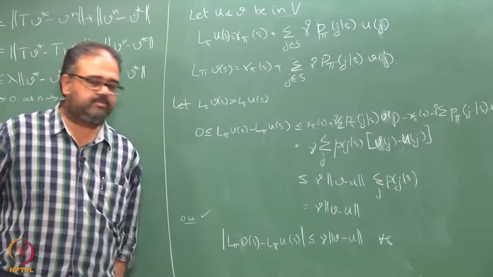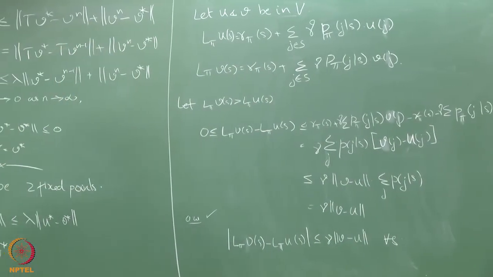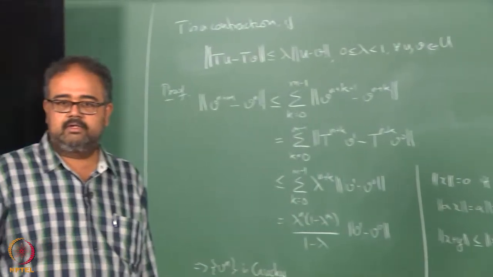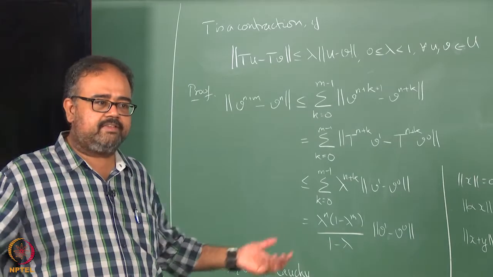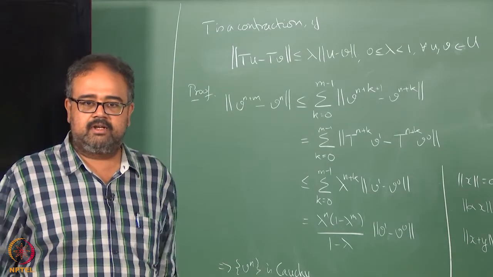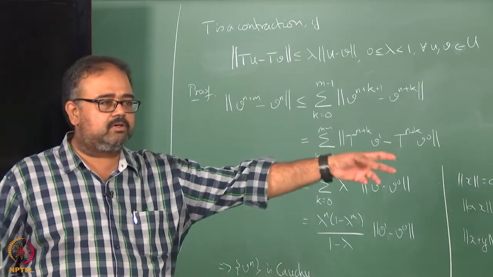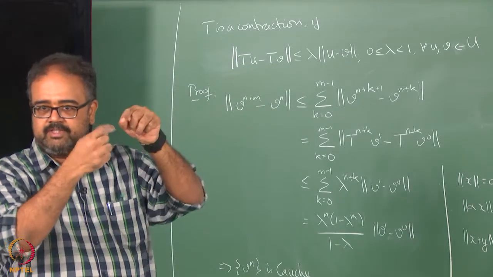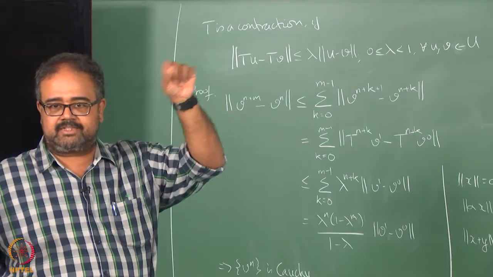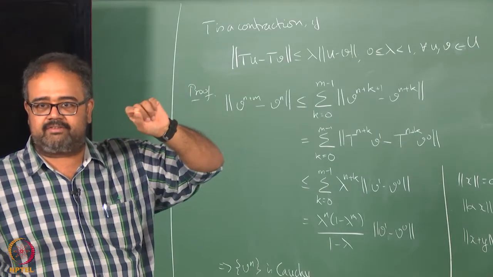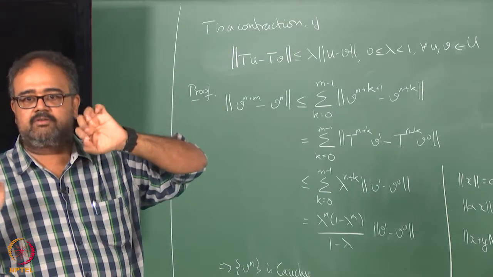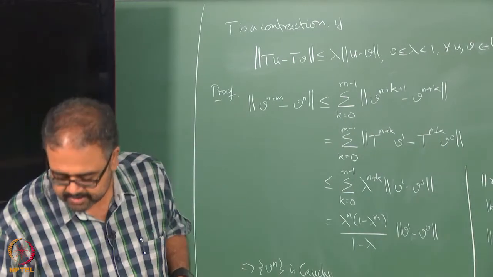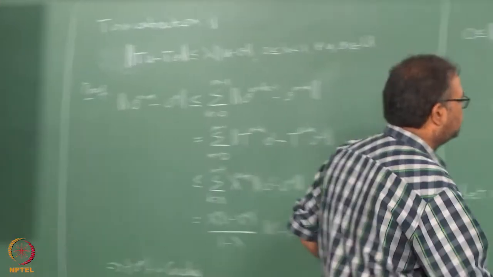What can we infer from this? Point-wise it's being drawn closer by gamma. So the max difference should also have come down. Point-wise is being drawn closer, even if the max difference is at different points, it should have shrunk. So essentially that's it. This implies that L pi is a contraction.